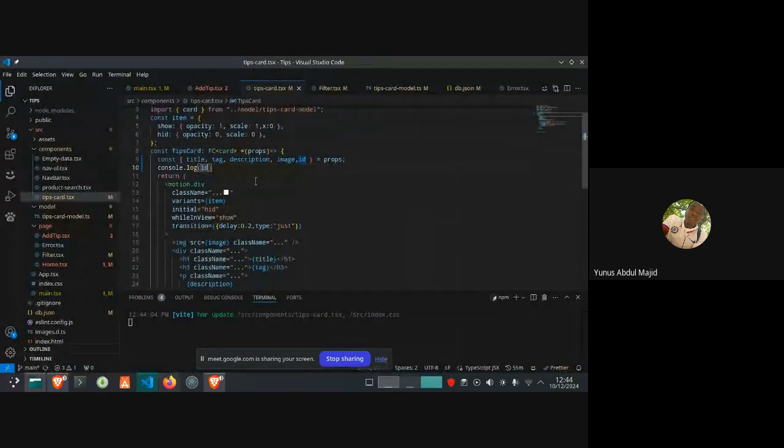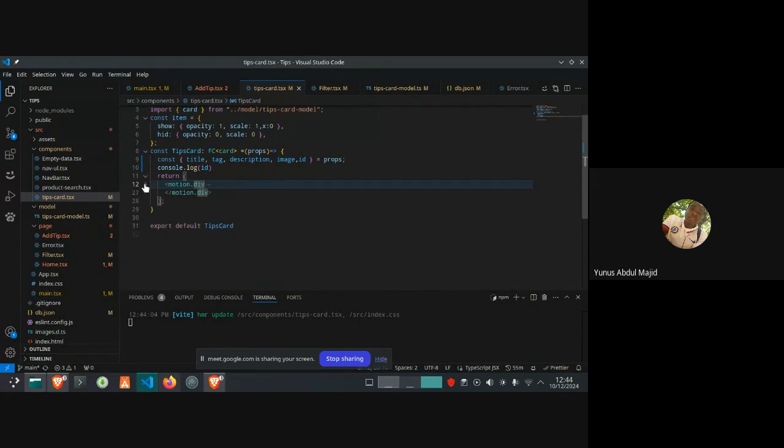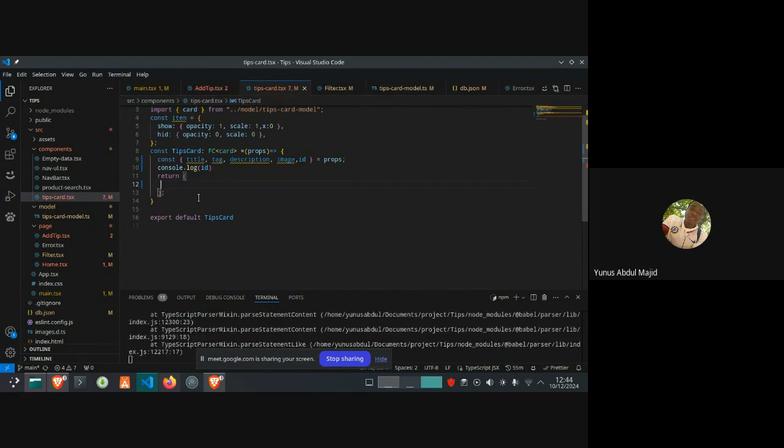So what we need to do is make use of NavLink or navigate or Link here. This is a good use case of Link instead of NavLink.